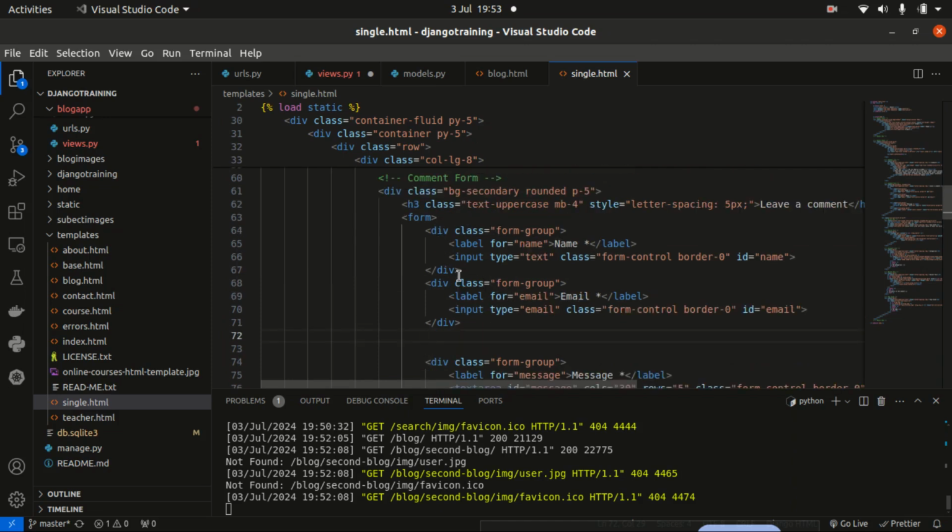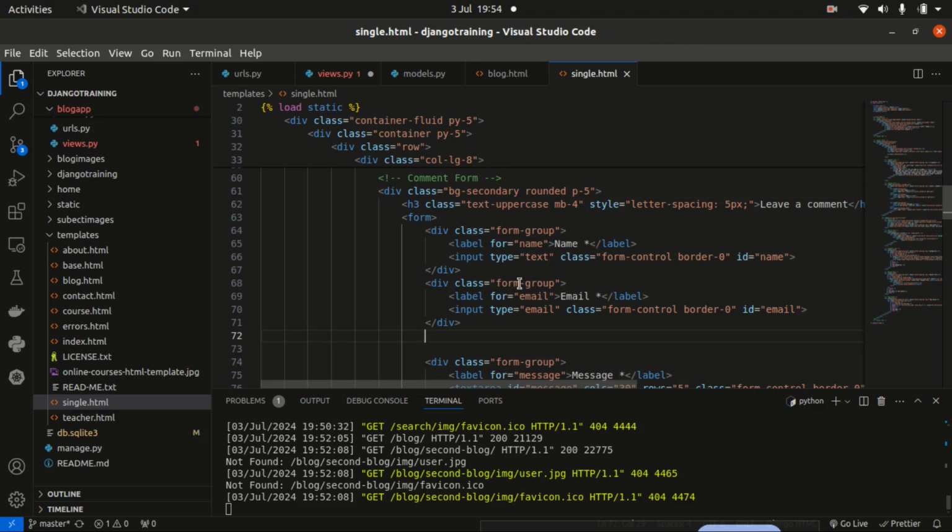In some cases you just need this ID, but when you are submitting this data without using JavaScript or any other form submission method, that is, the interaction is between this form and the Django view that we have defined, then we need to add another attribute in each of